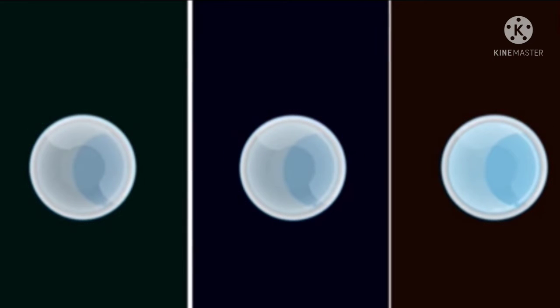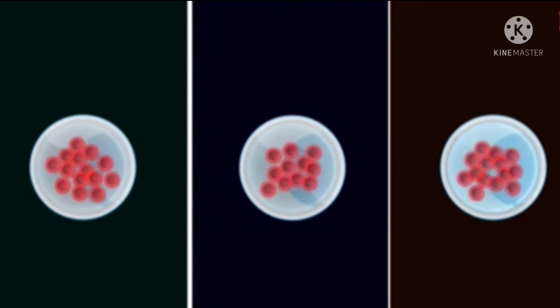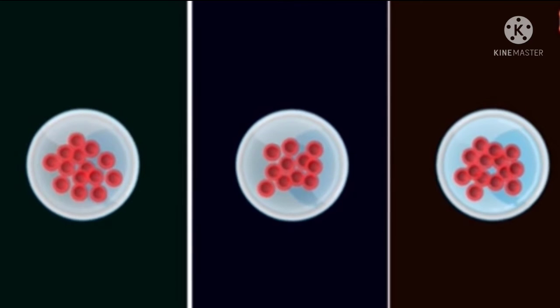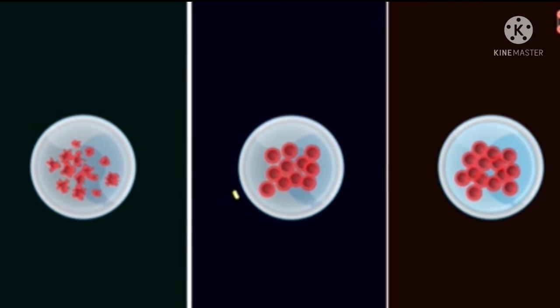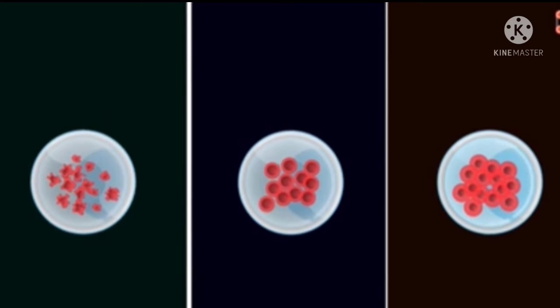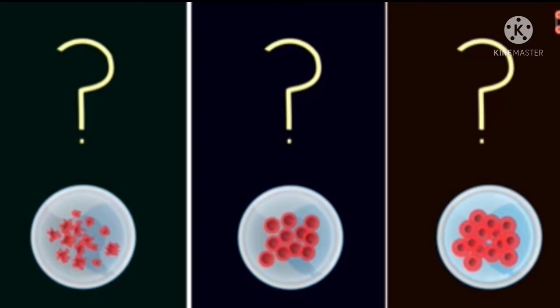Take 3 plates or containers with salt solutions in different concentrations in each. Let us add a few blood cells, that is RBCs, in each. After some time we noticed that the first set has cells which are shrunken, the second set has cells that are just the same, while the third set has cells that are swollen or bulged. Children, any idea why this happened?